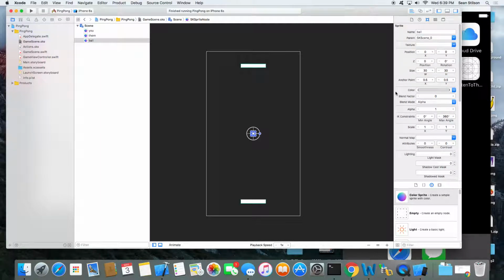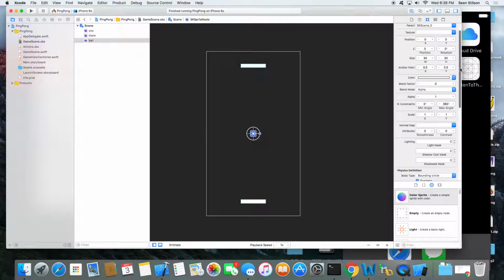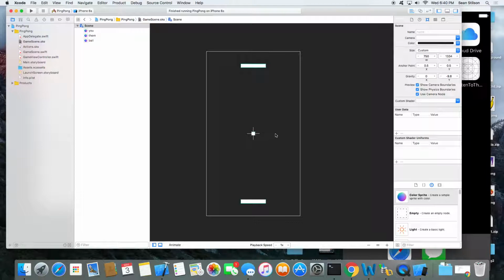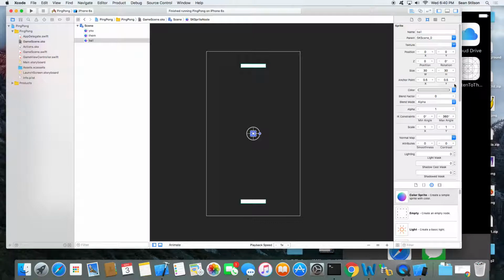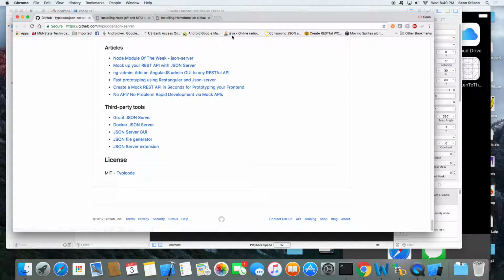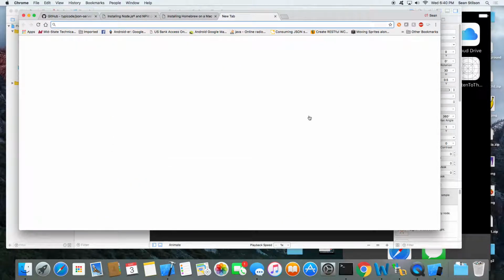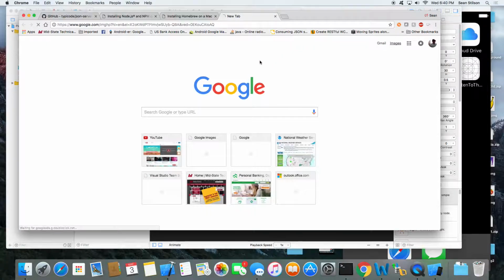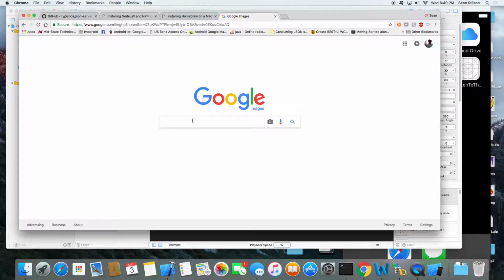How does it know not to go off the screen? We will set that. That's something we have to actually add. That's a good question. So we're going to create a bounding frame upon which it'll bounce off of as well. All right. So now we have that, but we need to actually set our physics body or our shape for that. So let's go out on the internet, our friend Mr. World Wide Web, and do an image search for a ping pong ball.